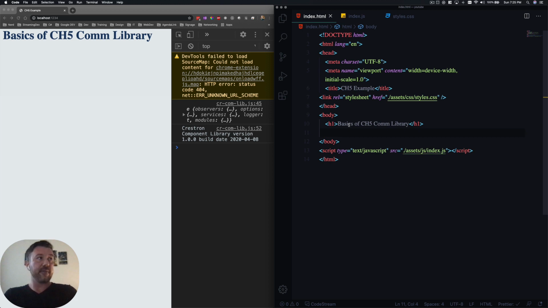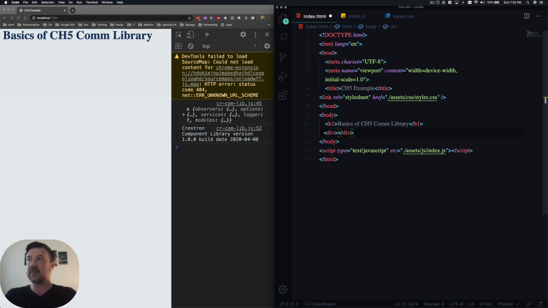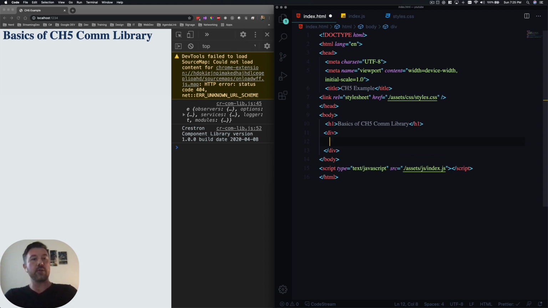All right, so first thing I'm going to do is I'm going to create a div. Divs in HTML are used all the time. Think of it as a container. So it's a container for things. Divs really come into play when you're dealing with styling using CSS grids or CSS flexbox. I'm not going into those types of things in this. That is a very long video all in itself, and you can check out Brad Traversy's stuff on that